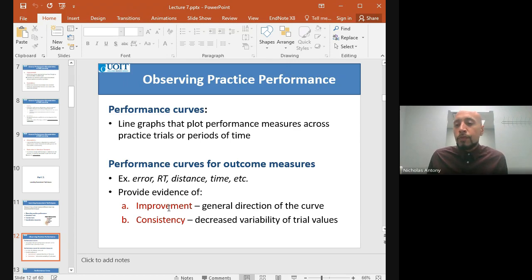So do you remember any of the performance outcome measures? There was a bunch of them, but here's some examples: error, reaction time, distance, speed, score, goals. As long as we have a quantifiable number that would be used to rate someone's performance in a motor skill, you can graph that change in performance of that measure over time. And so this would give us a sort of visual of improvement and consistency, because